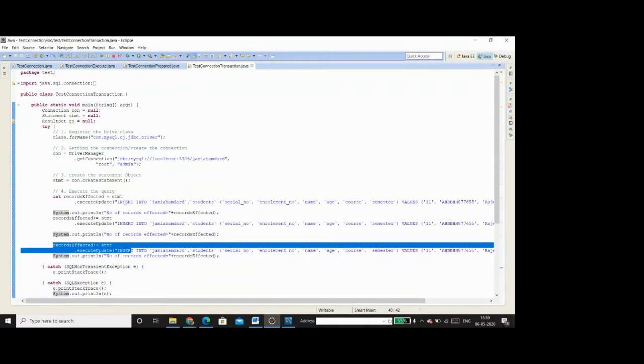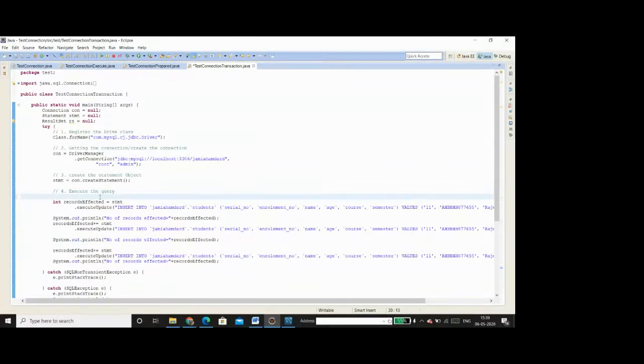So the database state should be in the previous state prior to the execution of this first execute update query, which is having the insert statement inside it. So that's the whole idea. In simple terms, a number of SQL statements are said to be within the same transaction when either all of them execute successfully or none of them are executed at all.